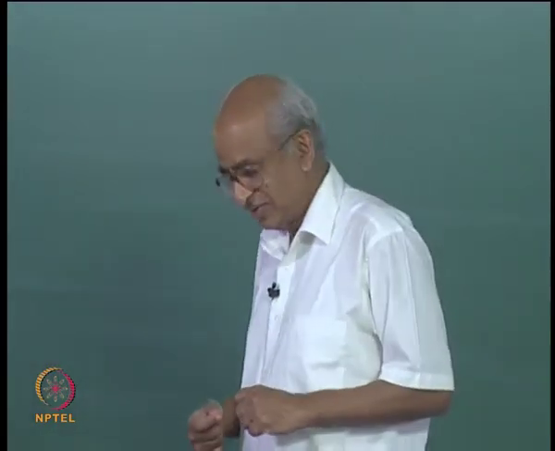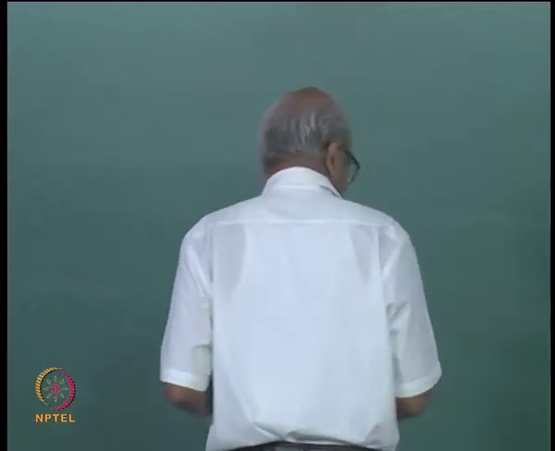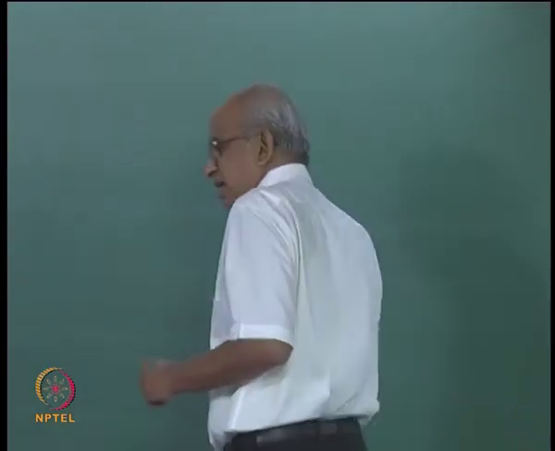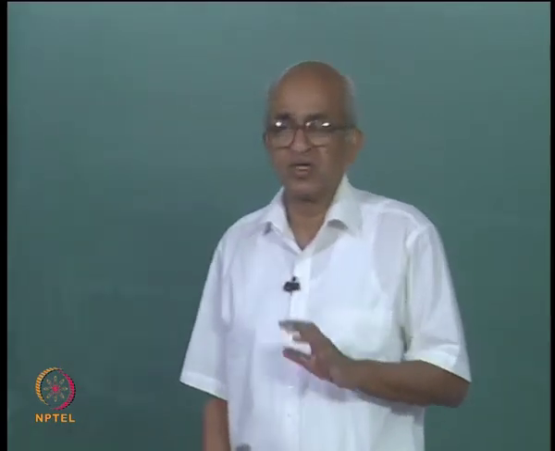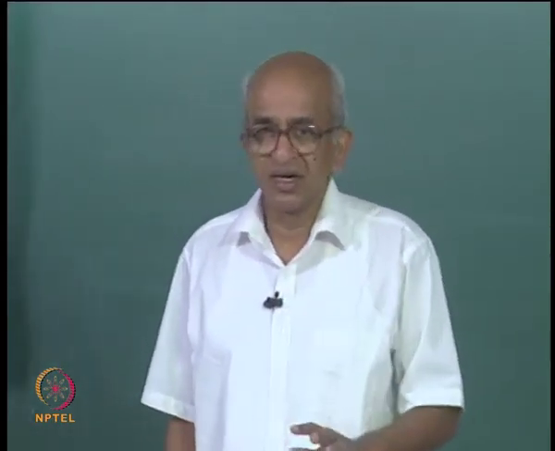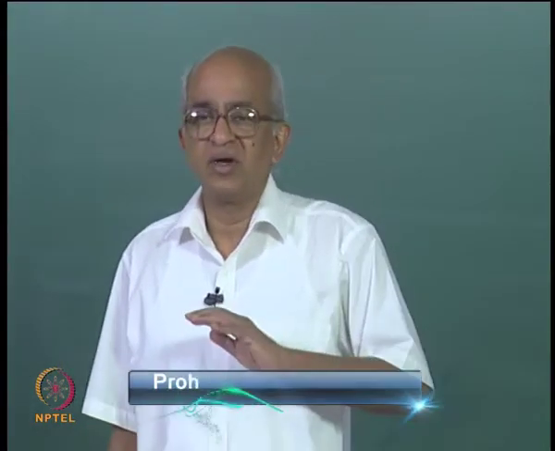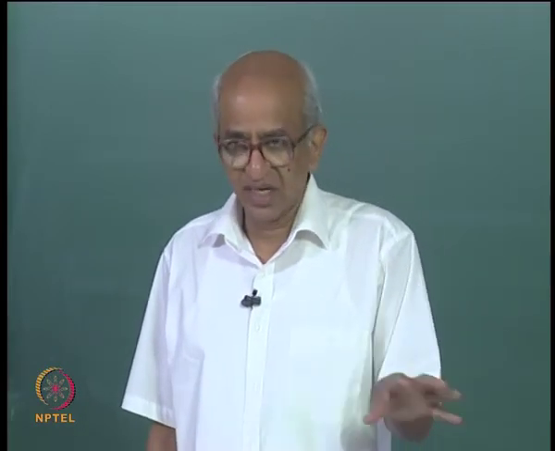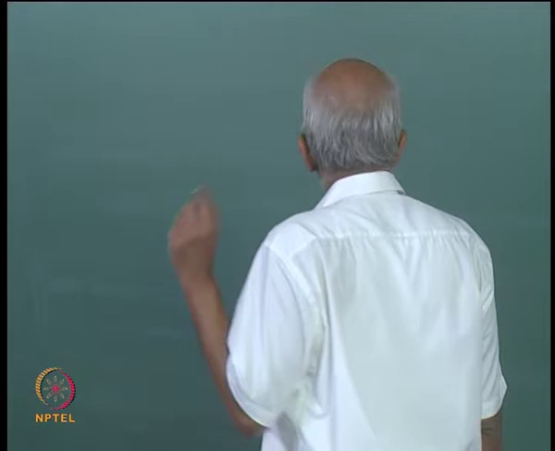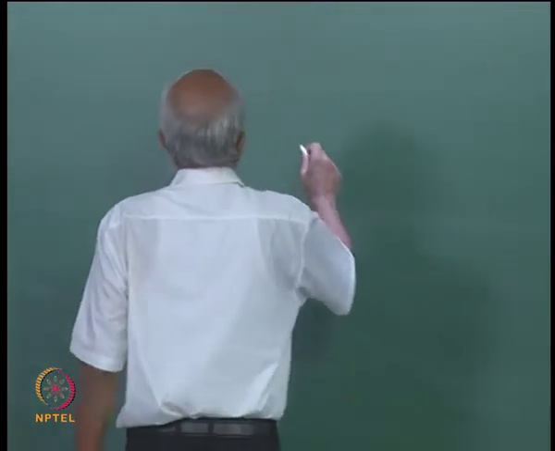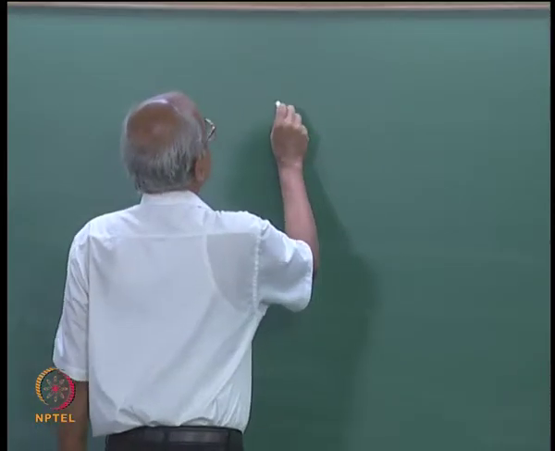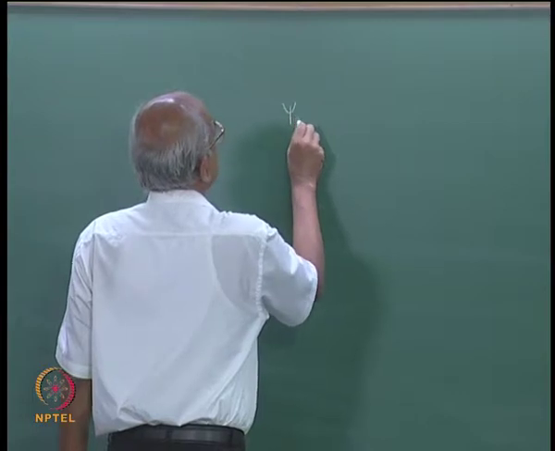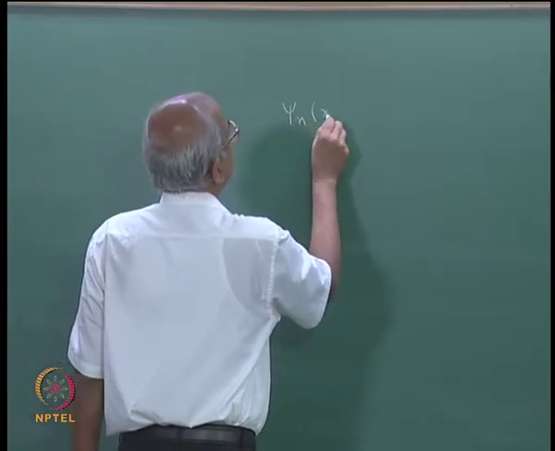Now, if you remember, I was talking about the particle in a one dimensional box. We solved the Schrodinger equation for the particle. We found the so called stationary states, which as I mentioned were just the standing wave patterns that you would expect in a one dimensional system. And let me just write the wave functions and the allowed energy levels. We found that the wave functions were given by